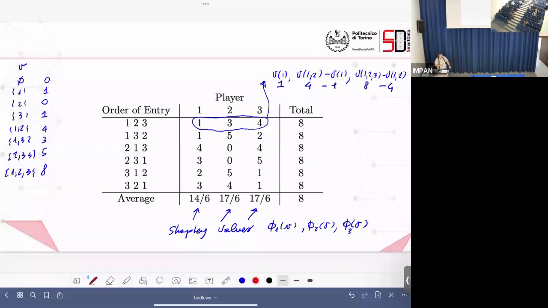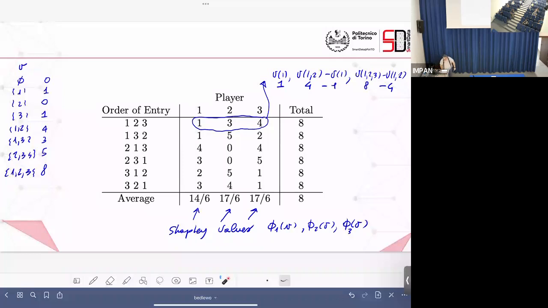You see, you have all possible orders in which they enter, and the number under the player, pay attention, is not the value of the game on that player, but on that player plus all players before. So as I try to write down, maybe there, here, I can use this, which is better. You see, the meaning of the first row is there, and all the same. And the Shapley values are the averages for each player of their contribution among all possible permutations of the people entering in the room in any order.